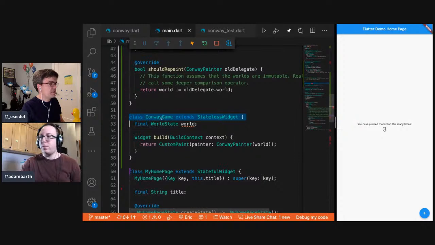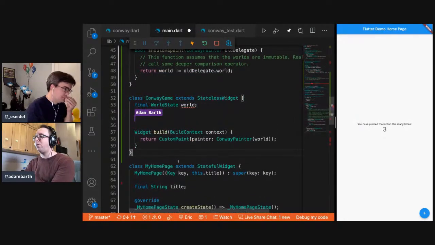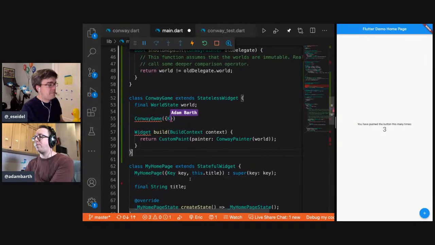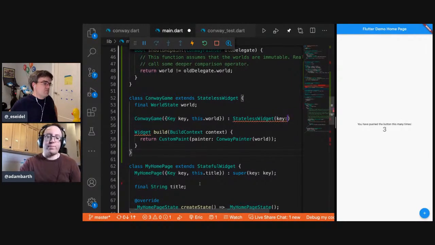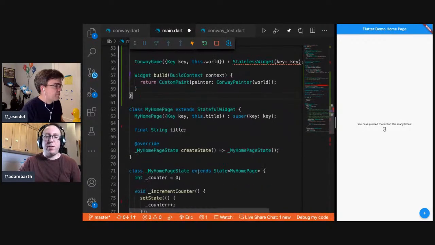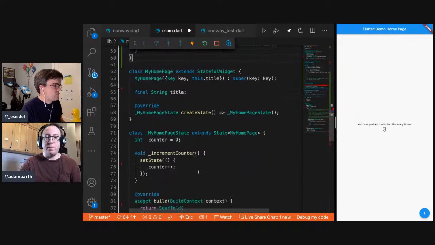We don't ever build this thing with a world. It needs a constructor. Oh, okay. Is key a required parameter? I guess so. No, it's not, but just good habits. Yeah, it's a best practice to take a key.